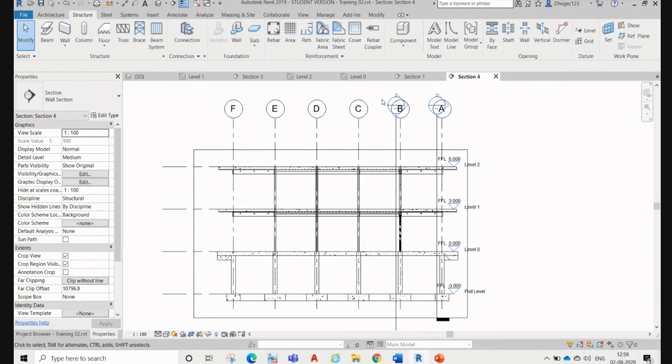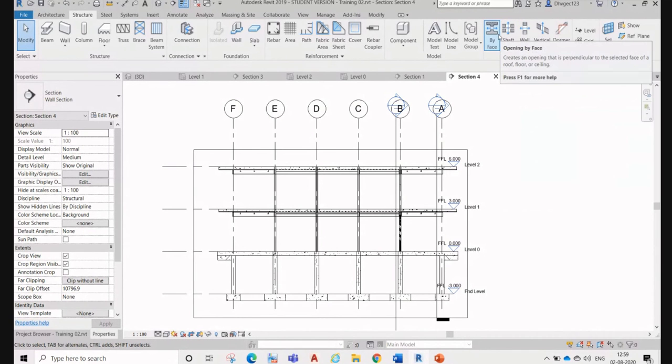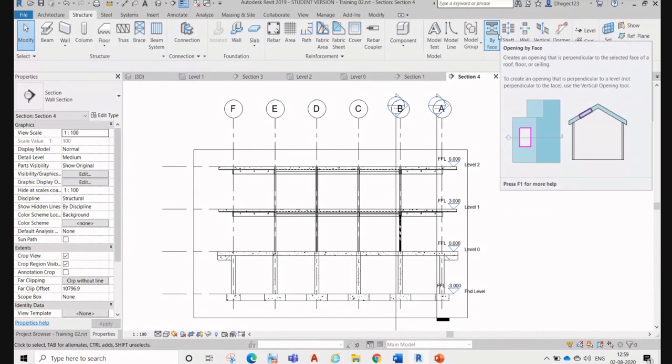Okay, the sanitary pipes from the whole building will go in one area. So for that purpose you can provide the shaft opening, it serves multiple purposes. Like here you can see it can open across multiple floors. Okay, but a normal slab opening or wall opening will cut only one element. Okay.